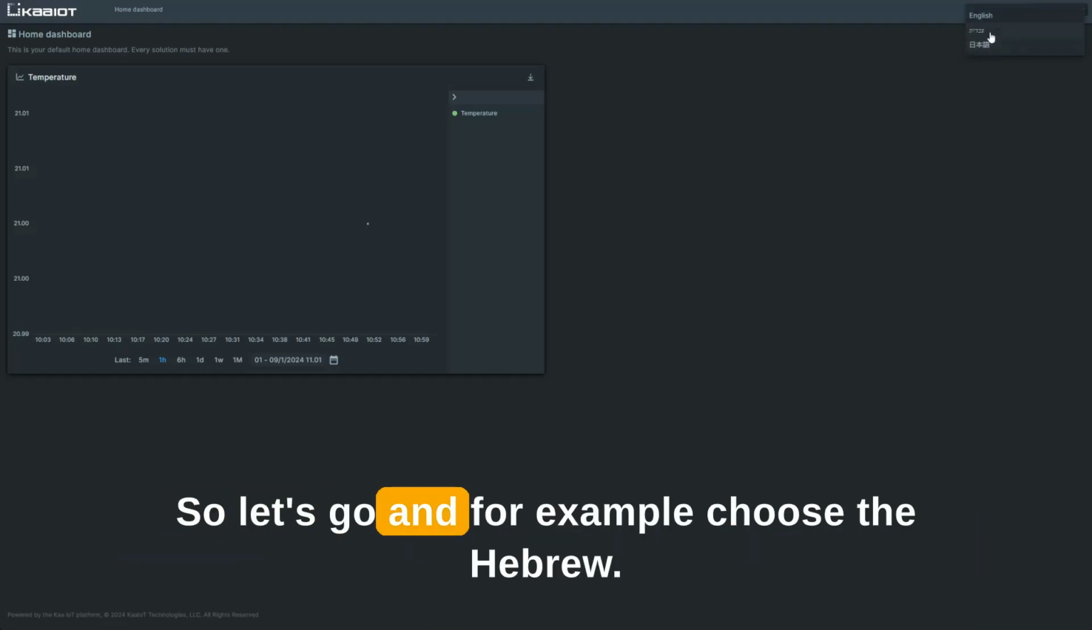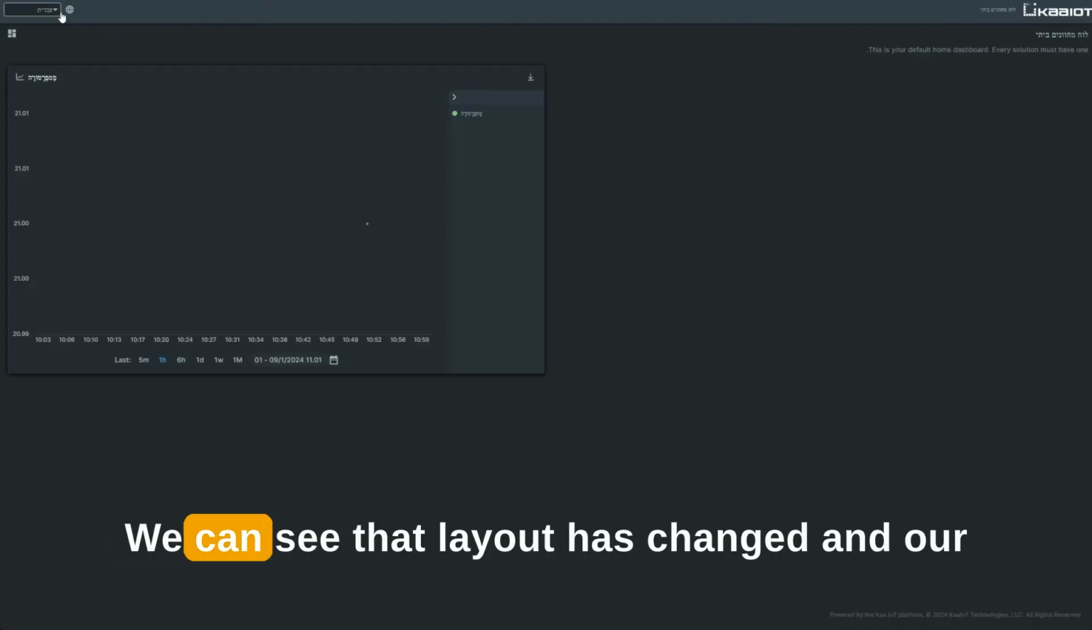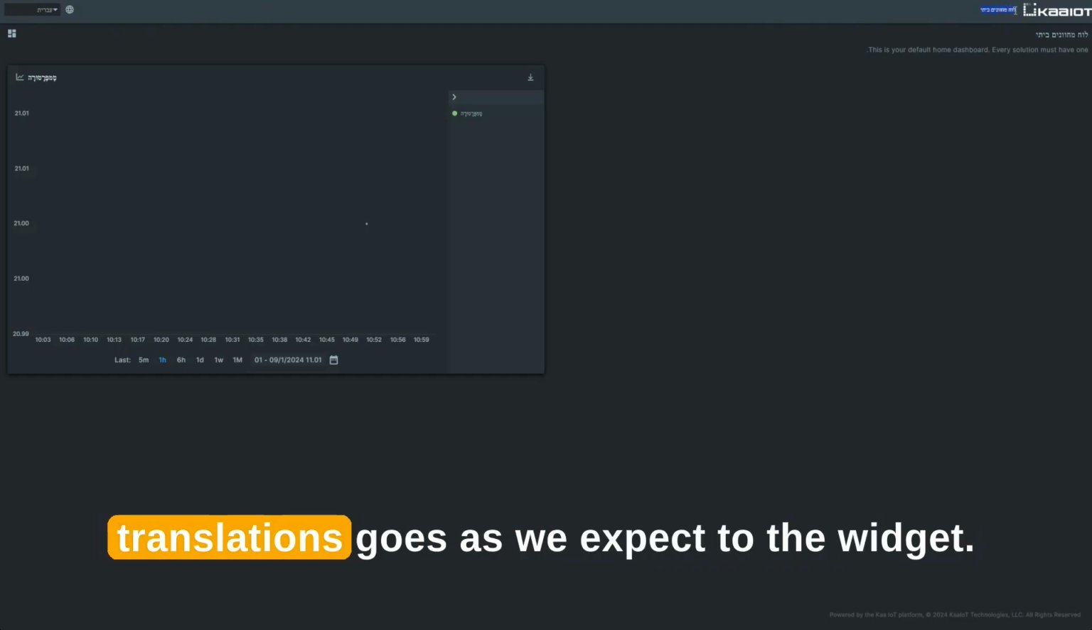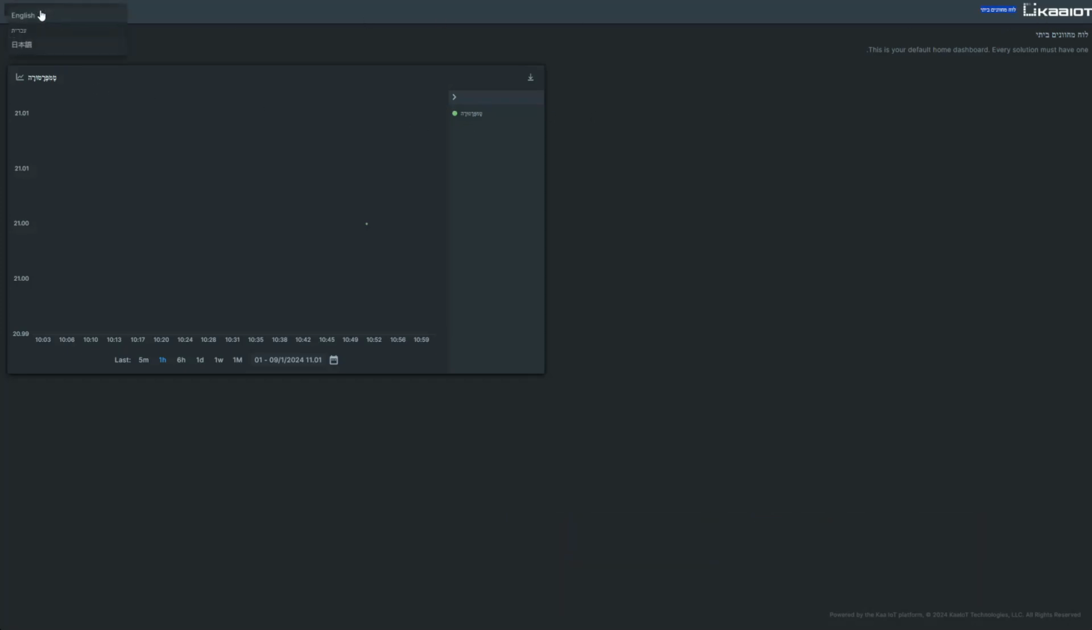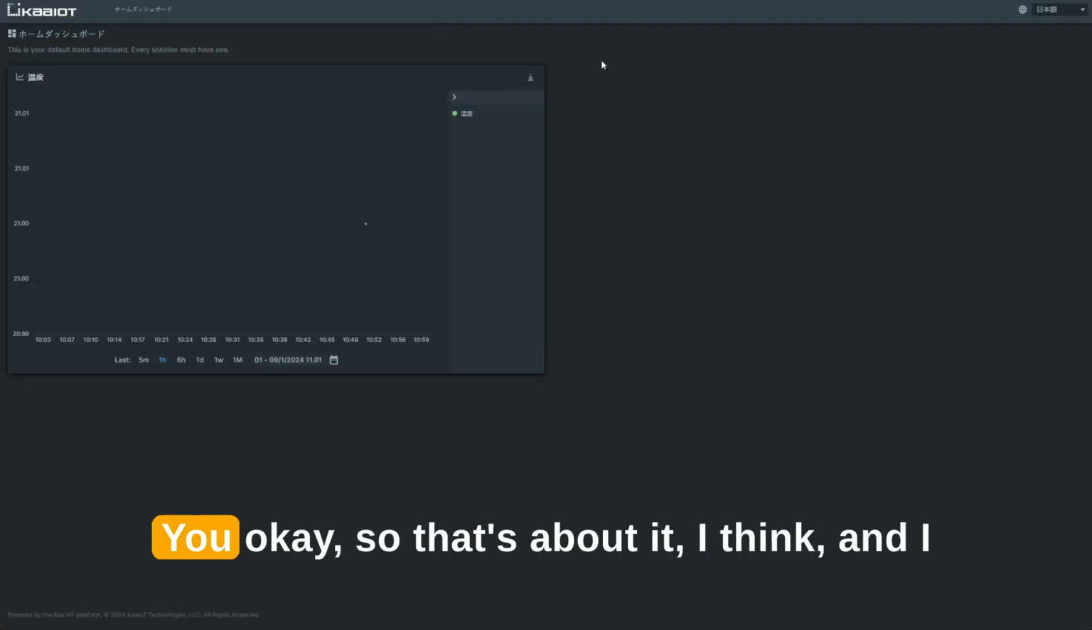So let's go and, for example, choose the Hebrew. We can see that layout is changed and our translations goes as we expect to the widget. Let's quickly test Japanese. Okay, so